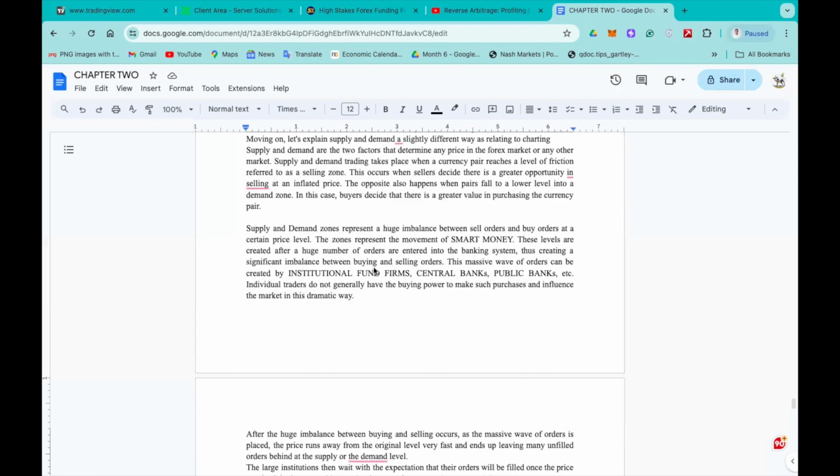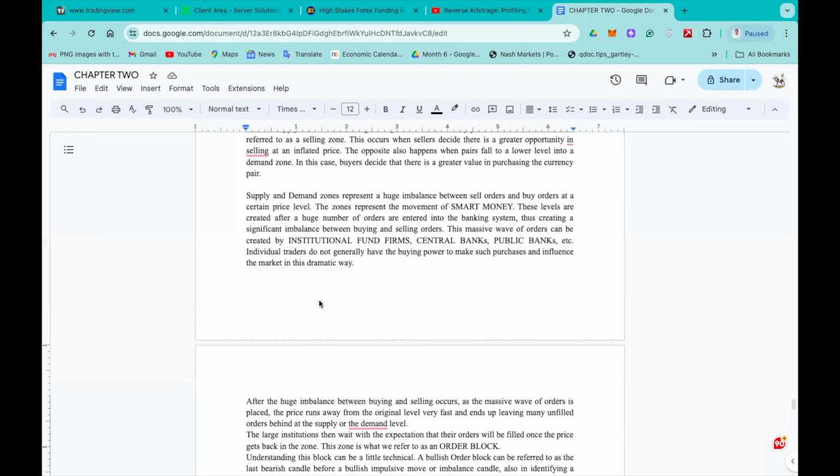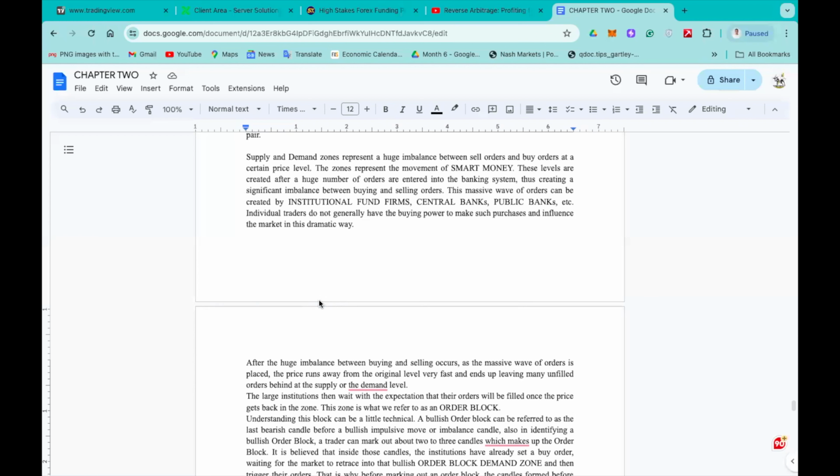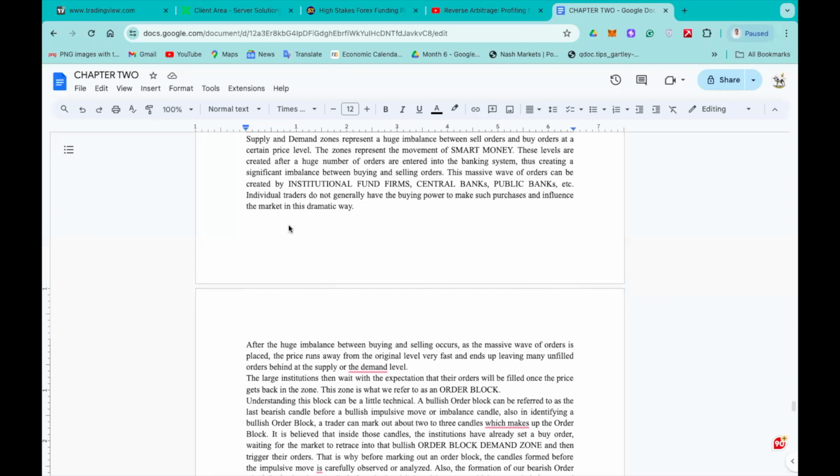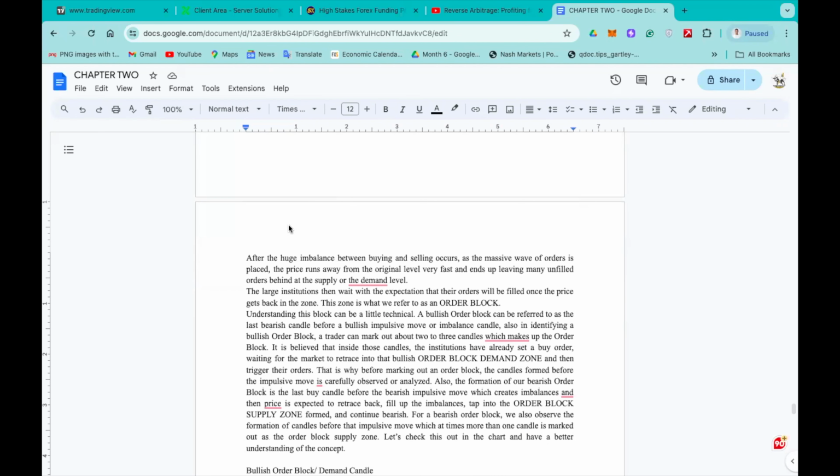A massive wave of orders can be created by institutional fund firms, central banks, public banks, etc. Individual traders do not generally have the buying power to make such purchases and influence the market in this dramatic way. After the huge imbalance between buying and selling occurs, as the massive wave of orders is placed, the